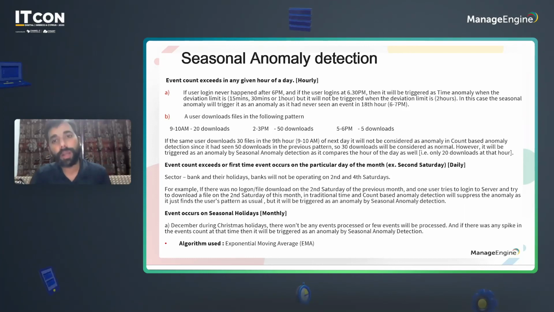So it's not only hourly, it is even for daily, for which I'm going to pick the banking sector, because they have a unique holiday pattern, especially the second and the fourth Saturdays. In which case, most of the banks across the globe operate on the second Saturday for at least half a day. And for example, if there is no log on or file download on the second Saturday of the previous